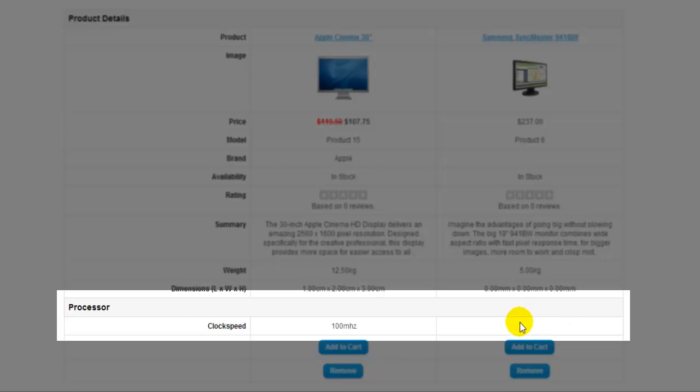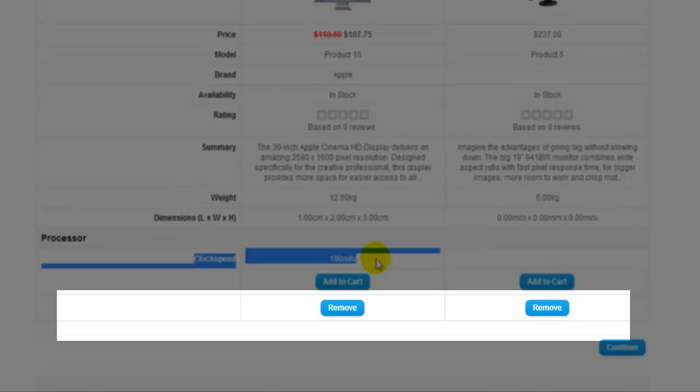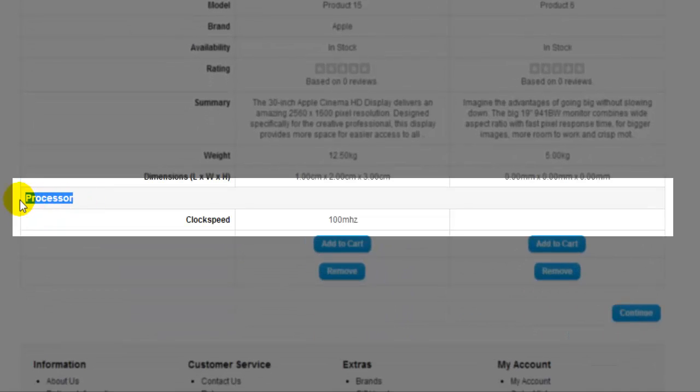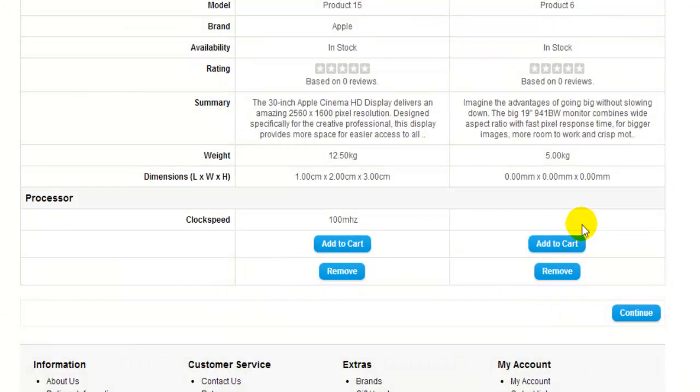It looks like the Samsung one doesn't actually have anything in there, so the clock speed here is actually an attribute, and that's under the processor's attribute group. So there's nothing here to compare. So if you don't do it for every product, as you can see here, it's not going to be very relevant. Even if you don't use attribute groups, we can still compare products via price, image, model number, brand, availability,